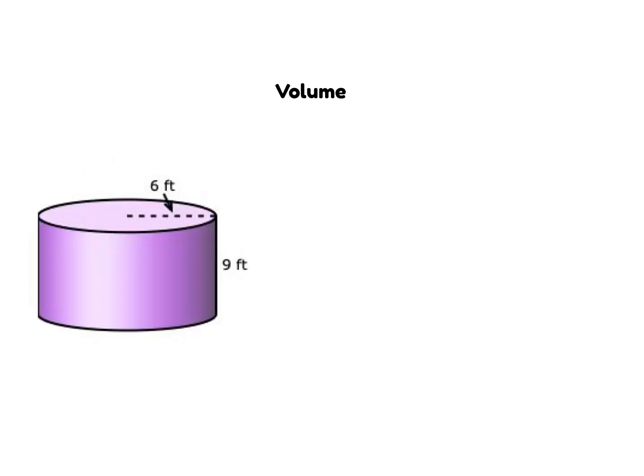All right, moving on. The big one for 7th grade is finding the volume of a cylinder. To find the volume of the cylinder, again, I'm finding the area of the circle, which would be the shape that got stretched, and I'm going to multiply it times the height. So again, I'm finding the area of the base times the height. The area of a circle is pi r squared, and then I'm going to times it by this 9 for the height. Okay, so pi r squared, well, I have a radius of 6, so pi times 6 squared times